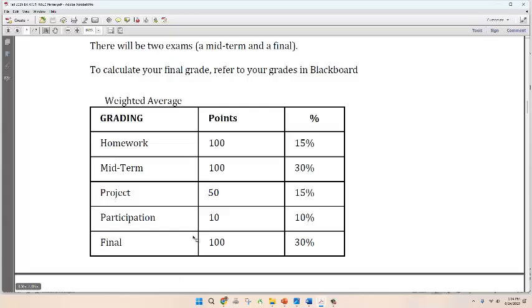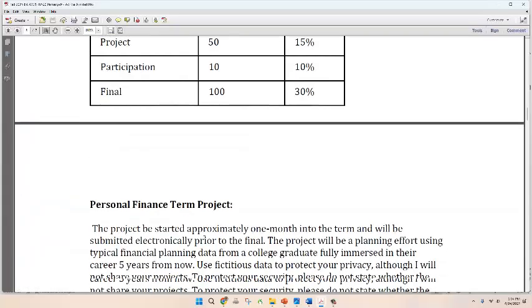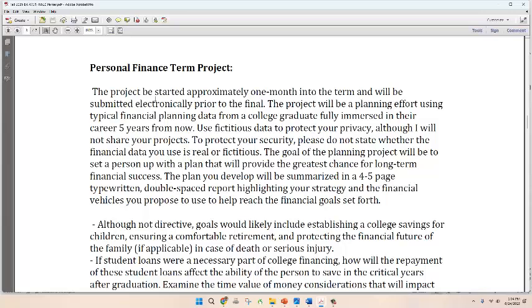It doesn't turn out well. But this is that term project. So about a month into the term, just a 5-page paper, not a big deal. But also about 5 years from now. What I mean on this is that for most of you, well, there's not a common